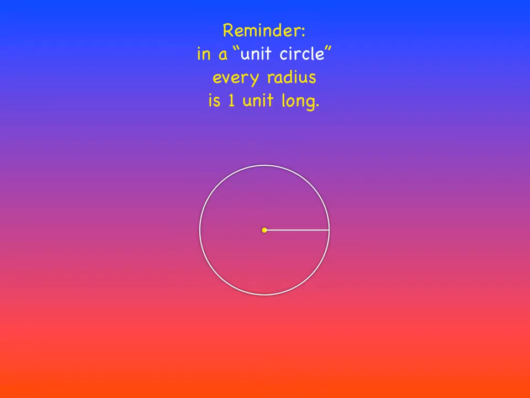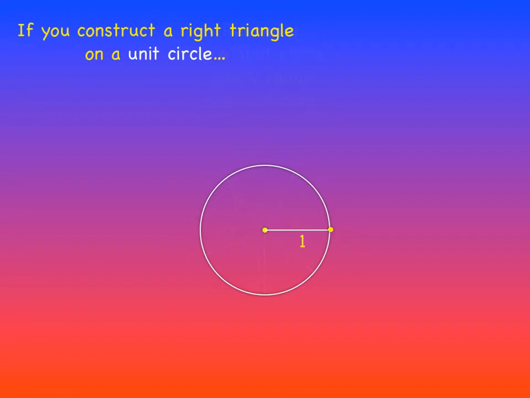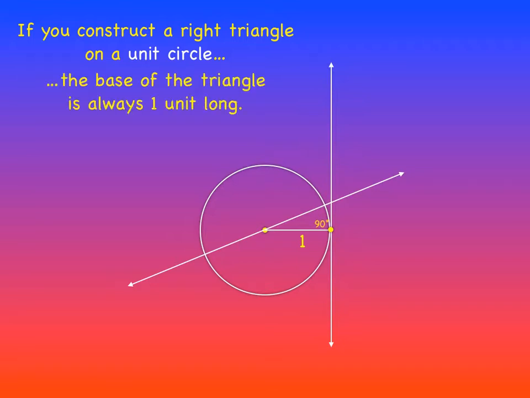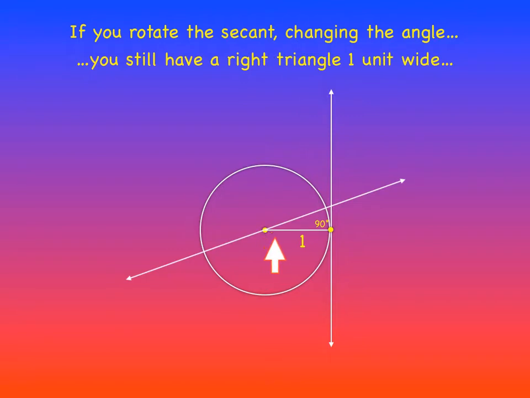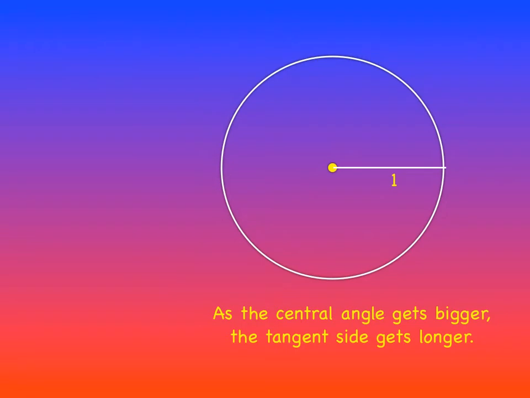Here's a reminder. In a unit circle, every radius is 1 unit long. If you construct a right triangle on a unit circle, the base of the triangle is always 1 unit long. If you rotate the secant, changing the angle, you still have a right triangle 1 unit wide, but the shape of the triangle changes. As the central angle gets bigger, and we'll look at a few angles here,